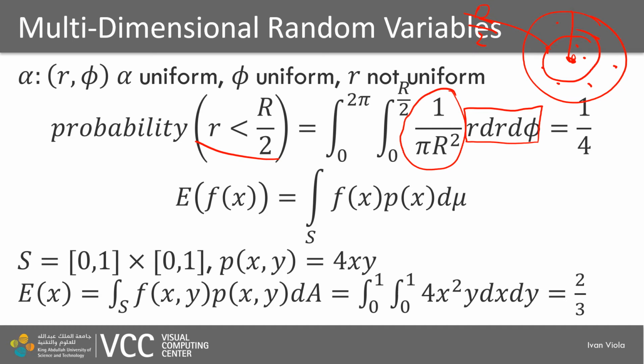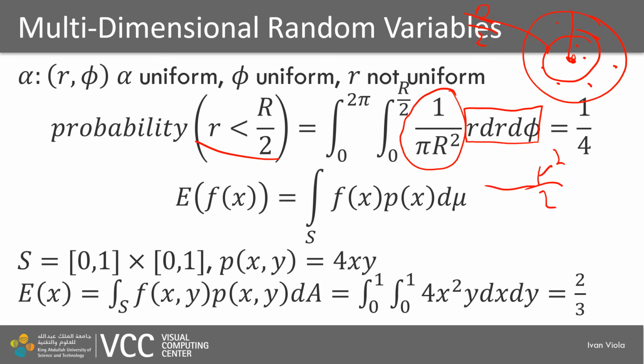And once we calculate this, we will find out what the value will be. So what is the integral of this? First, we are integrating over r, so that will be r squared divided by 2